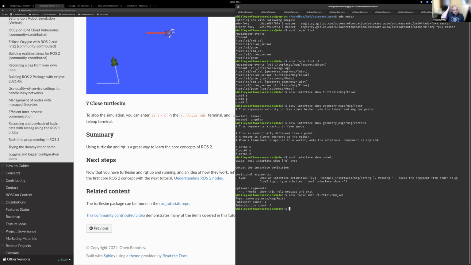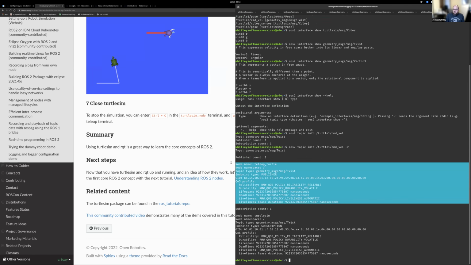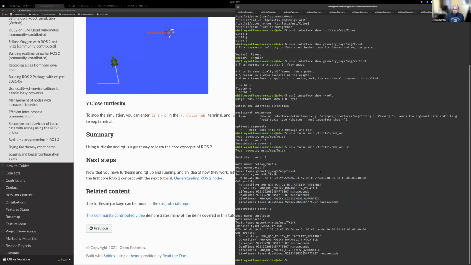So without any other parameters on ros2 topic info, you will just get the type of message that's being published there and the number of publishers and subscribers. However, if you do ros2 topic info, the name of the topic, -v for verbose, you will get complete information on the individual publishers and subscribers that are publishing to and subscribing to that